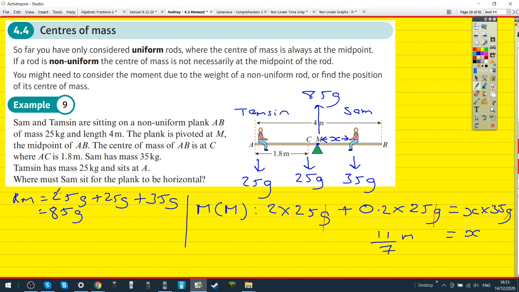Because they didn't actually say from where. They just said where must he sit. So let's say from M, to the right of M. Yeah, and so if he sits somewhere 1.5 odd meters, then it won't be too far and it won't be too close. And so it will balance out with the left side. Okay,